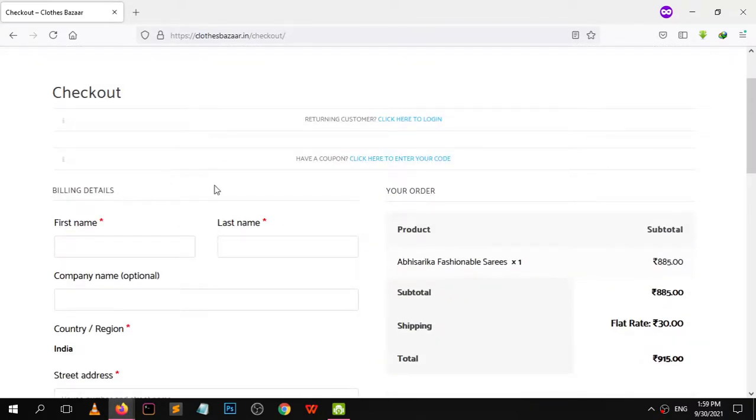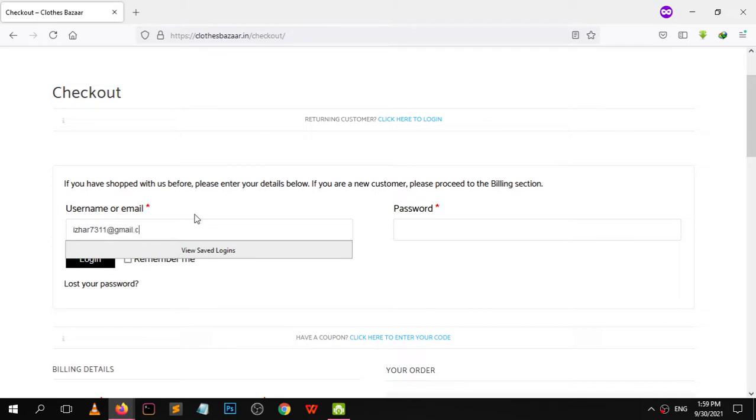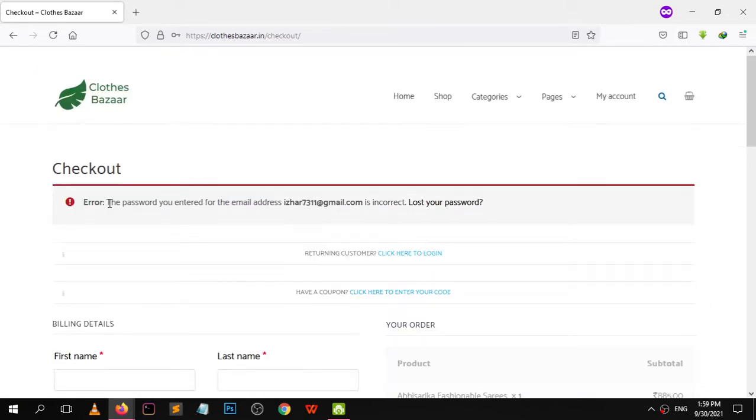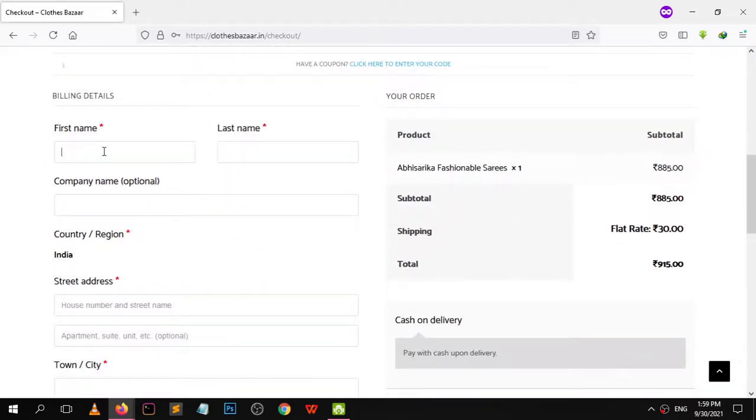I have set up an account on this website, so I will use my previous account. Login. Password entered. Password failed. Let's create a new account.